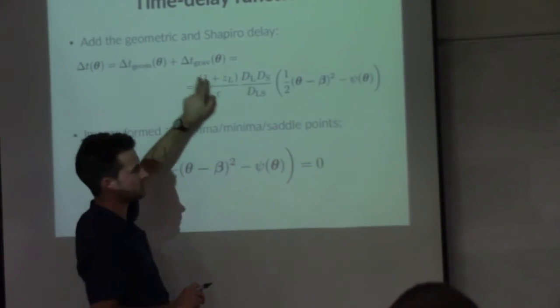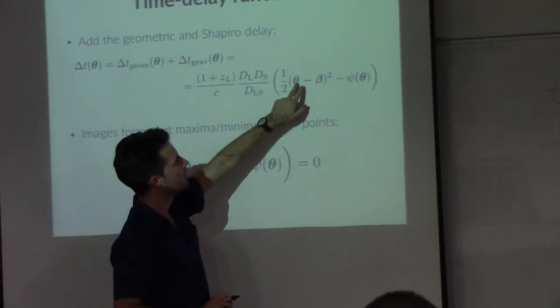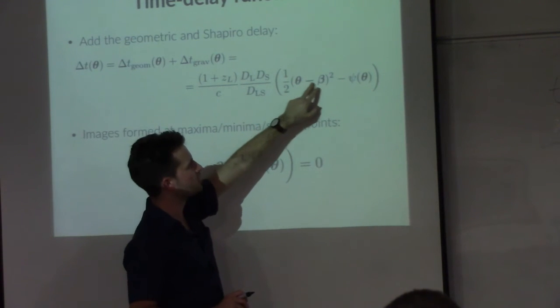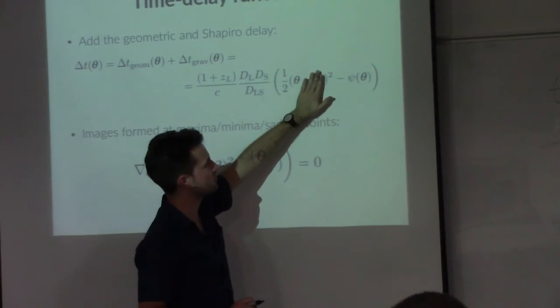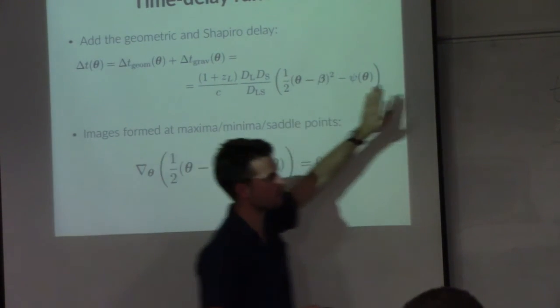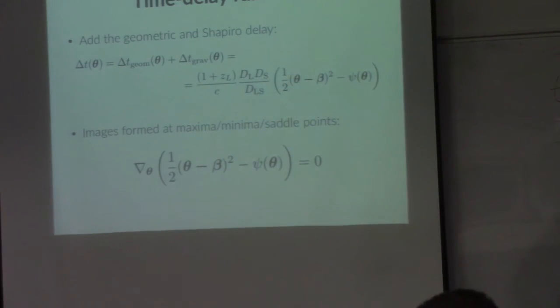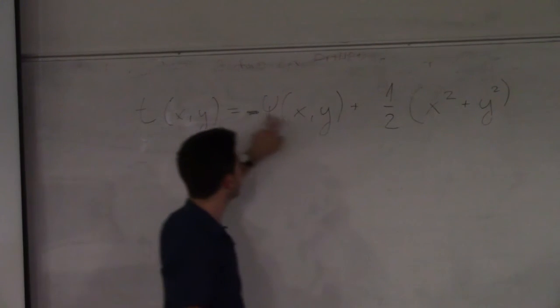We're only considering the second term here because all of this is just the constant. Theta is the image position, beta is the source position which we set to 0. So the full equation for the x, y position of the image is 1/2 x squared plus y squared minus the